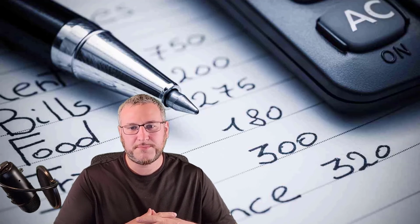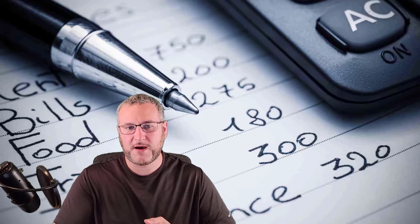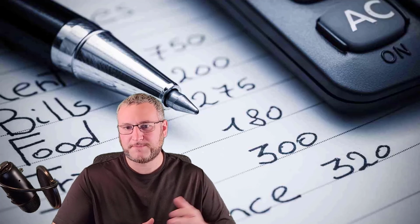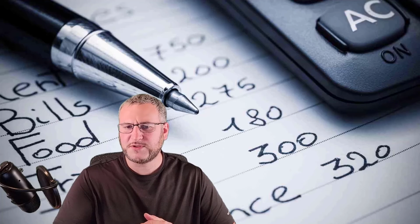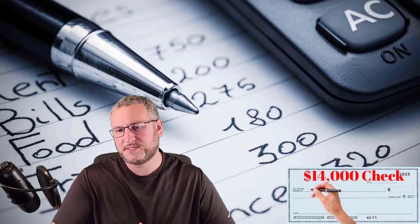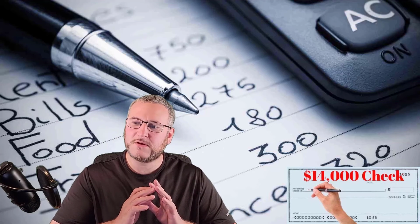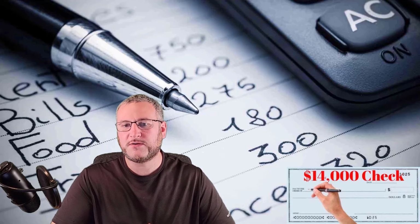For my particular build, I took my daily driver, which was a Jeep Patriot. It was the family car, and we got a new family car. So I got rid of the Jeep Patriot, and I'm taking that money, and I think I walked away with about $14,000, and that's what I'm going to use for my build. Most likely it'll go over budget, but I'm not. You can spend a few $1,000s and have a pretty decent off-road vehicle if you choose an older Cherokee or